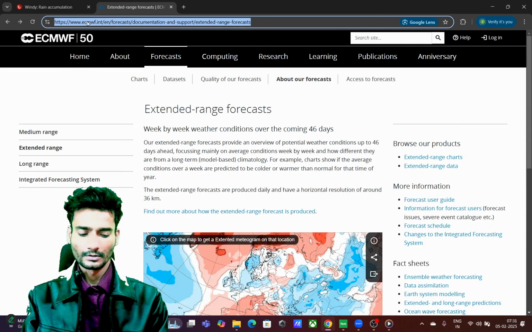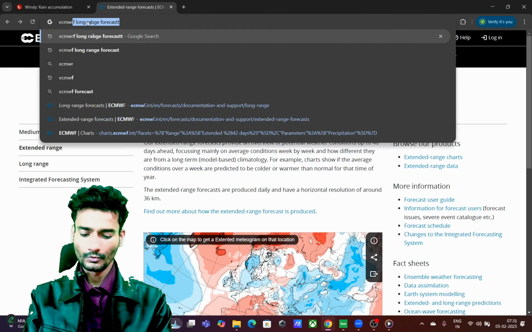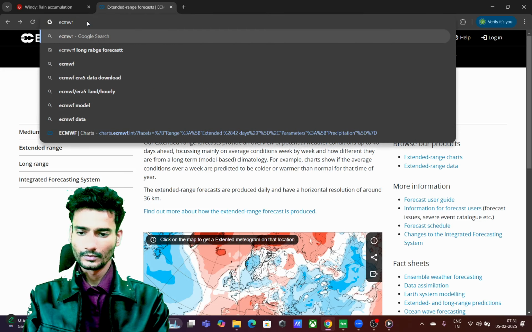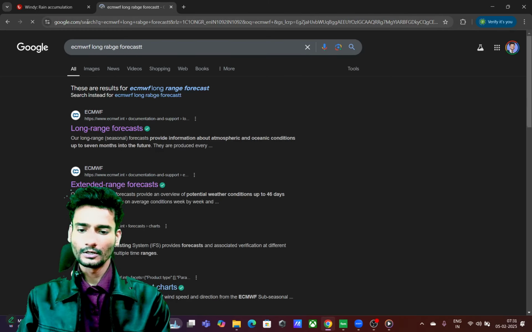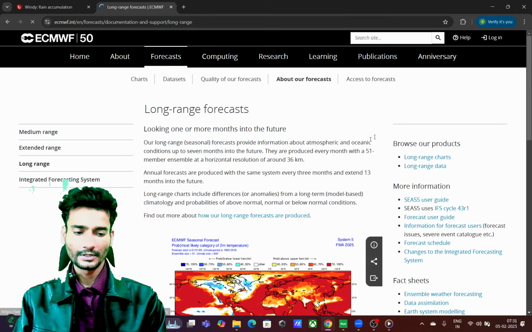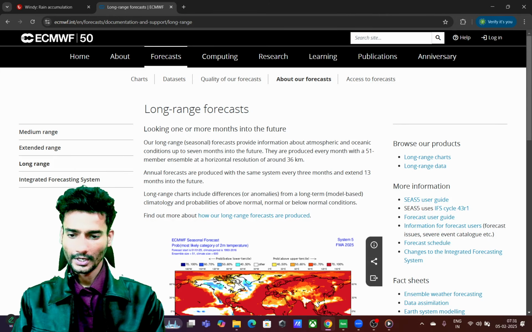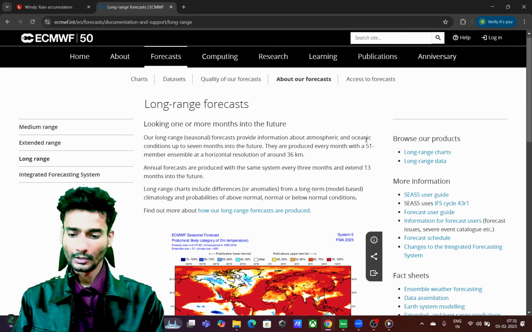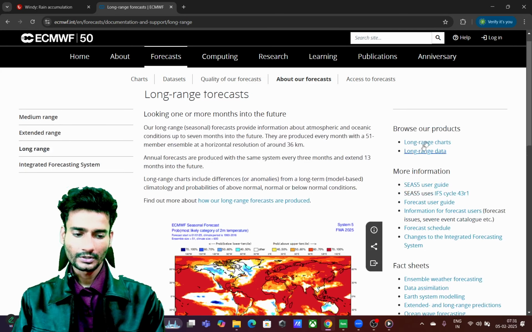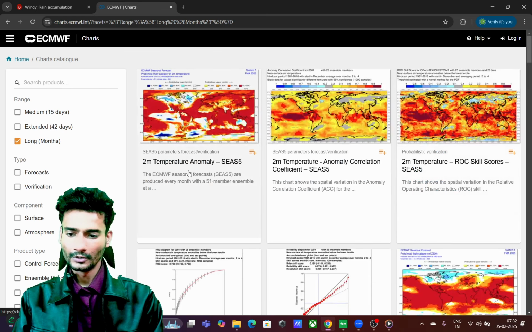Okay, so just type ECMWF long range forecast. Then you will just click on the first link and you will be redirected to the main page of the forecasts. So the first thing on the right hand side of this page, you will note the products button, two buttons. One will be long range chart, second one will be long range data. So you should choose the long range charts